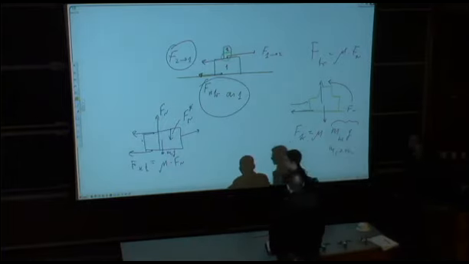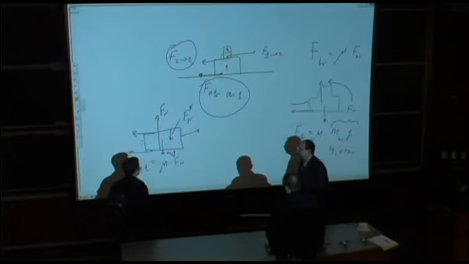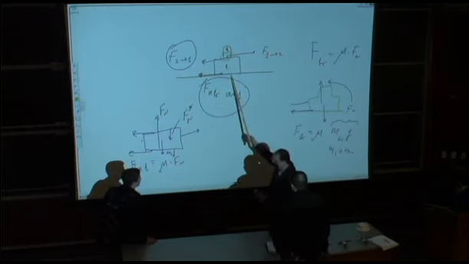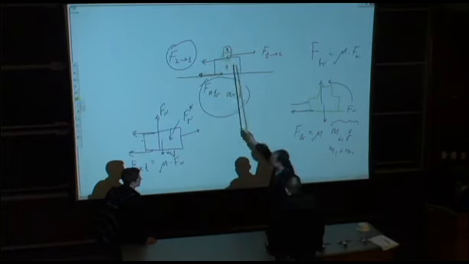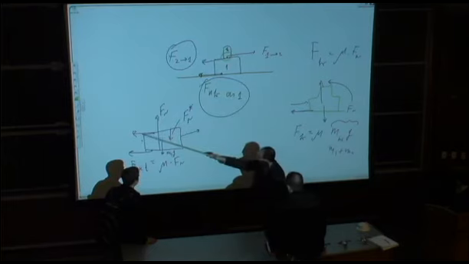Is this the static friction? This is the static friction. But you can calculate it only using this free body diagram. You can't use it for the top one. So it would be just the normal force times the coefficient. To calculate this force, you have to